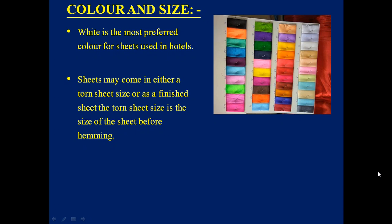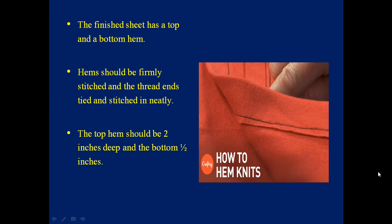So sheets may come in either a torn sheet size or as a finished sheet. The torn sheet size is the size of the sheet before hemming. The finished sheet has a top and a bottom hem, right? Whenever you go and buy any fabric, you have to see that it is properly hemmed from both sides. Okay, hems should be firmly stitched and the thread ends tied and stitched in neatly, so that the threads